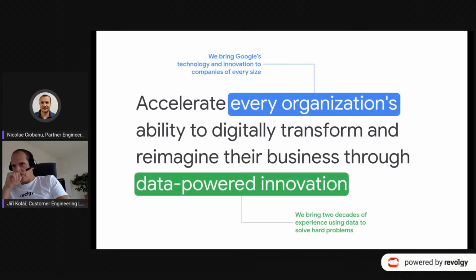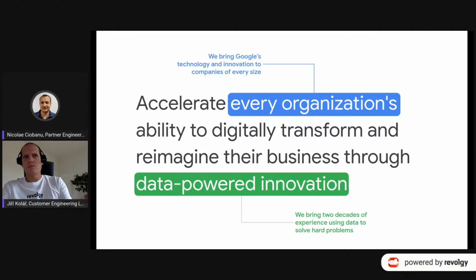Yeah. So here, the first one is every organization. Why every organization? Because we believe that you don't have to be a big company, a big corporation, to benefit from Google's innovation. So if you are only a one or two person startup that is just trying to start, I don't know, an application quickly, or you are a 100 employee company, or a big corporation, again, Google services are available for you.